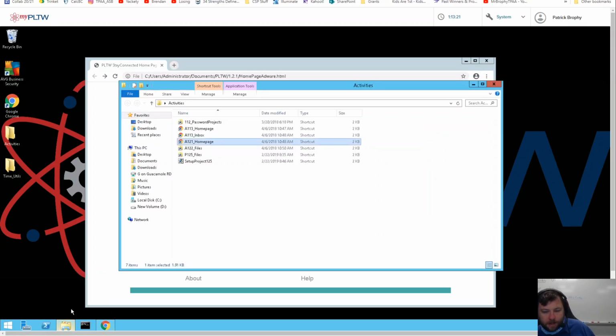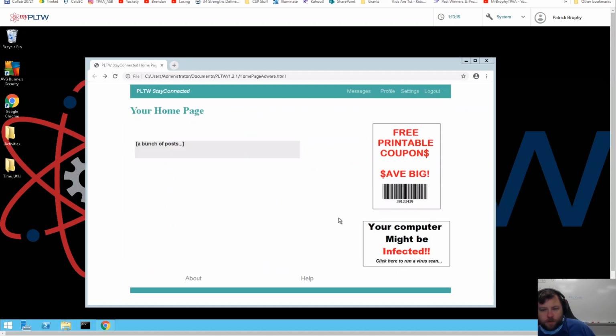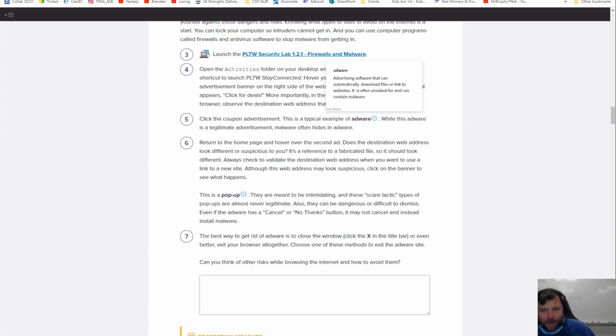Like you open up this thing and if there's an ad on the side of this, you're like, why would there be an ad built into my computer? So what these things are is they're just putting ads on your computer. They're not from the website, and they're trying to get you to click those ads. So they're not trying to destroy anything. They're not trying to get you to give them money directly. They're just trying to advertise by installing something on your computer. So it's still bad, but